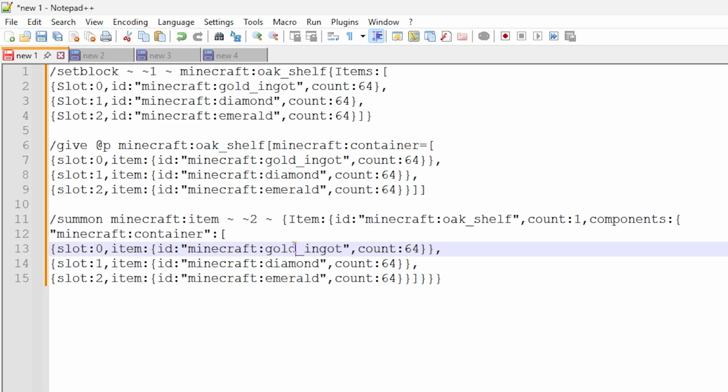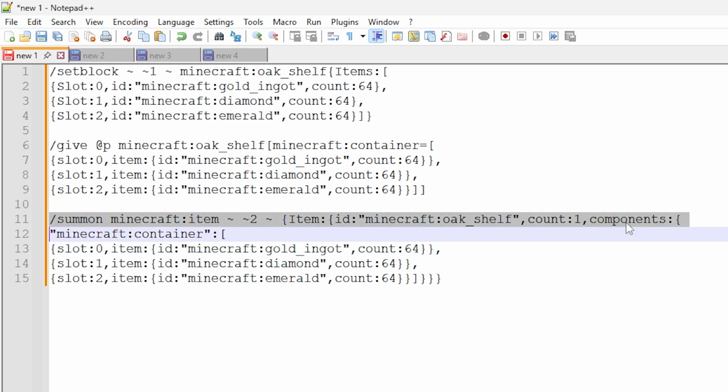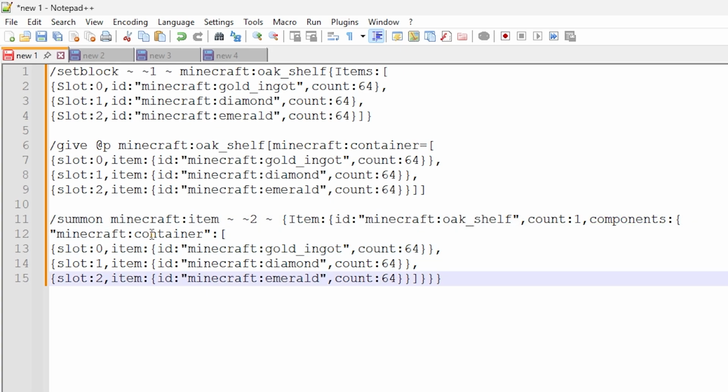Now, the third one is pretty much exactly the same as the give command here, but using an item entity. So we're doing /summon minecraft:item. We are then doing it 2 blocks above the command block in this particular case with the relative coordinates. And we are using an item tag. We're saying it's an oak shelf. We're saying it's 1 item. And then we have components here. So within the components, we are assigning a container component